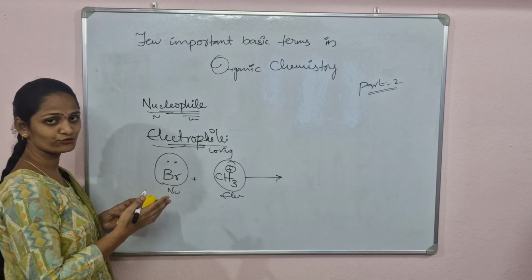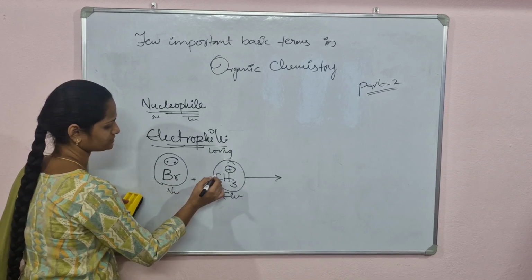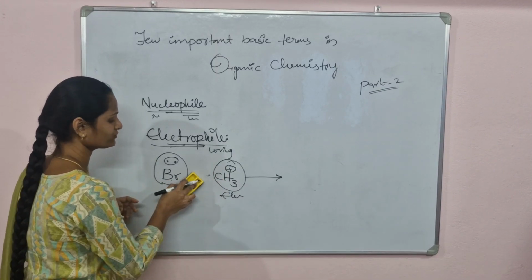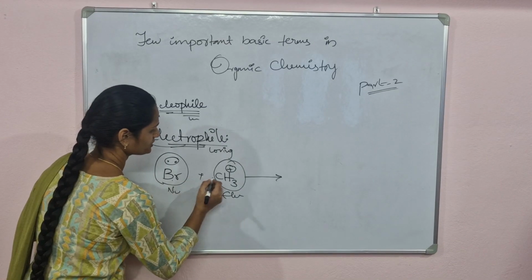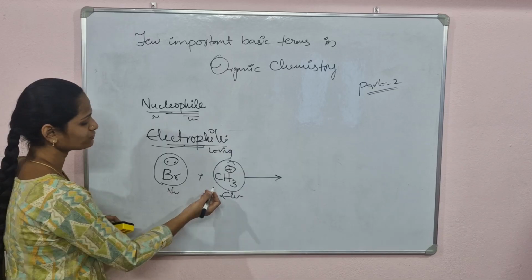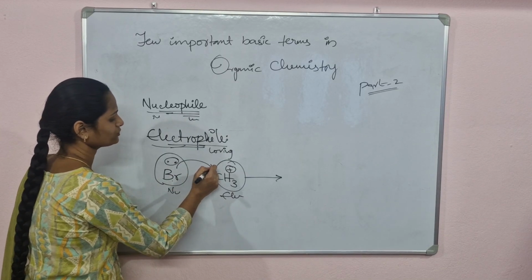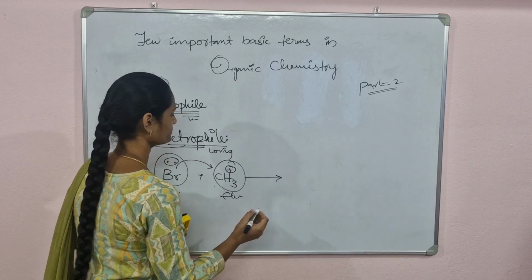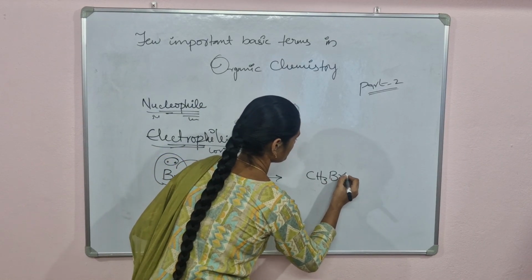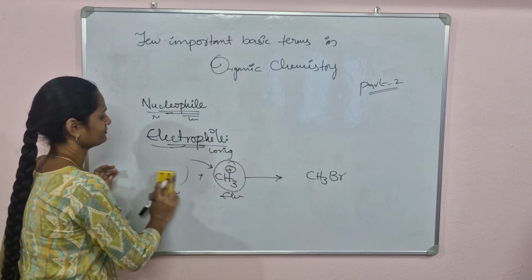The nucleophile has a capability of donating an electron pair, meaning a nucleus. It needs a nucleus to get attracted towards a carbon or electron-deficient species. Here it is a plus charge, meaning it has a deficient lone pair. So it needs electrons and it can donate electrons. So both get reacted and form CH3Br with a covalent bond. Okay.